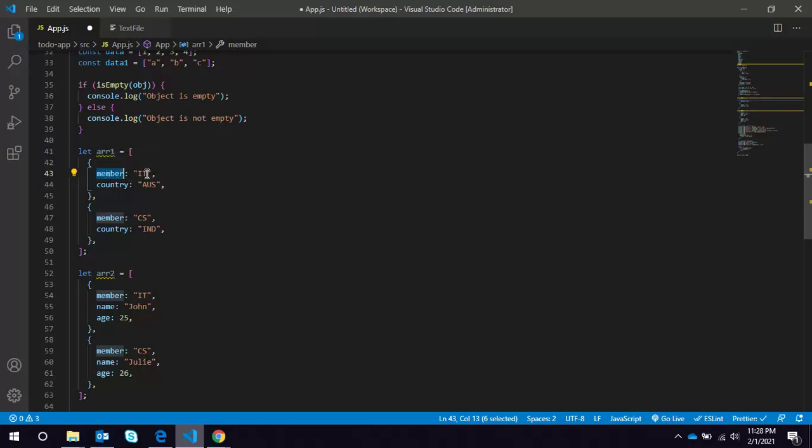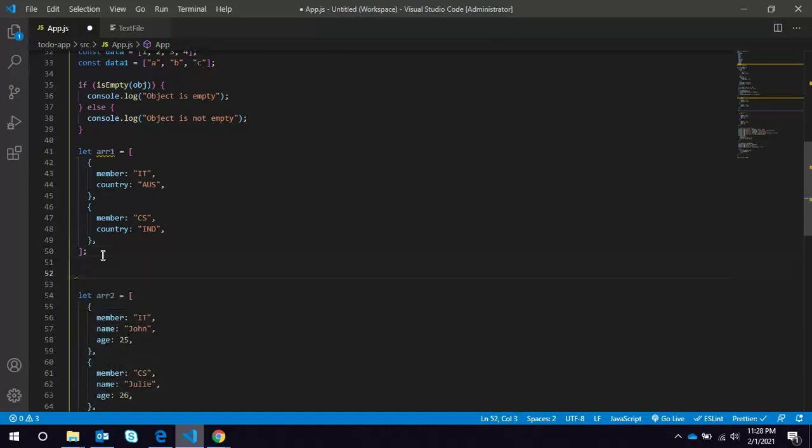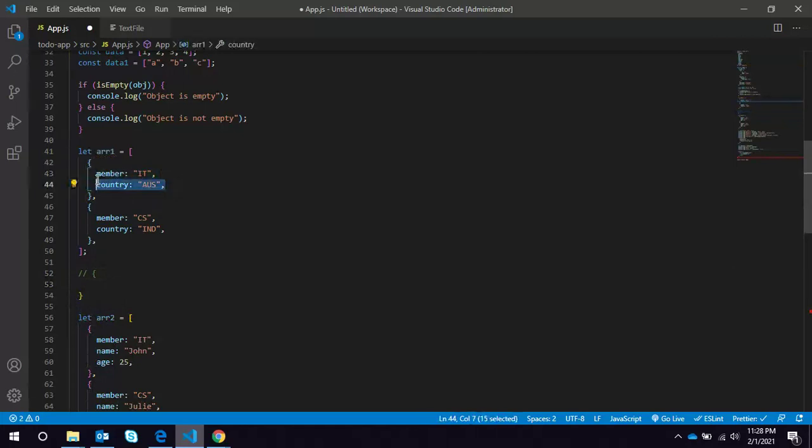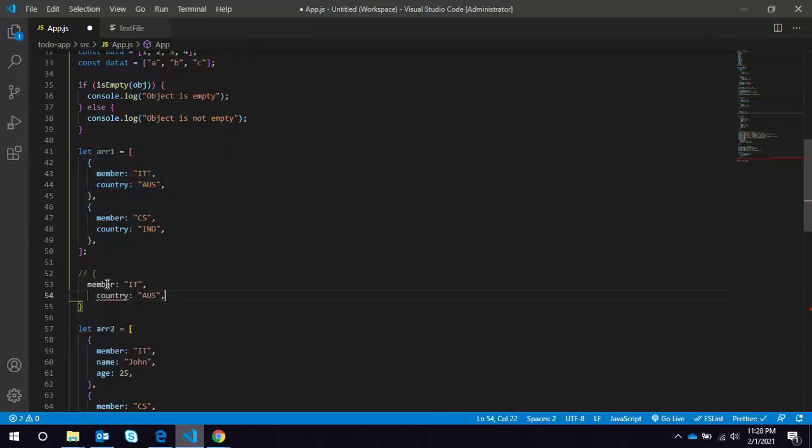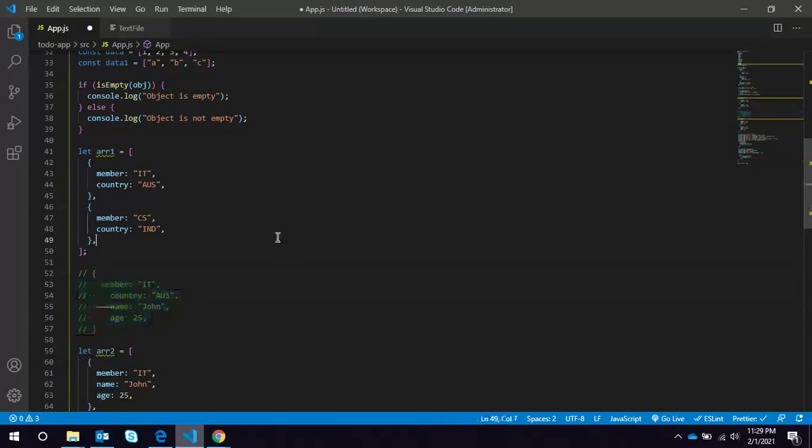When the member is IT, we want to merge the other two properties, name and age.